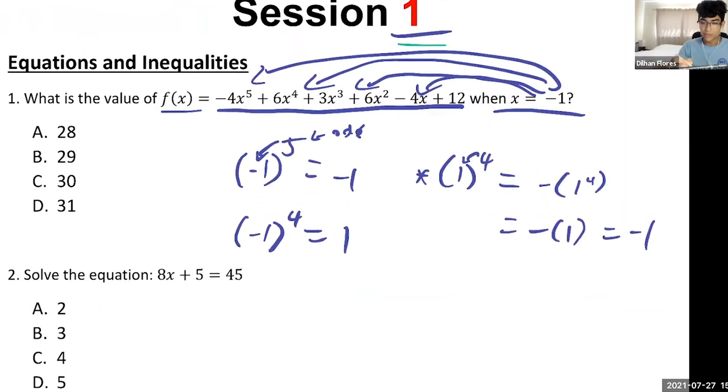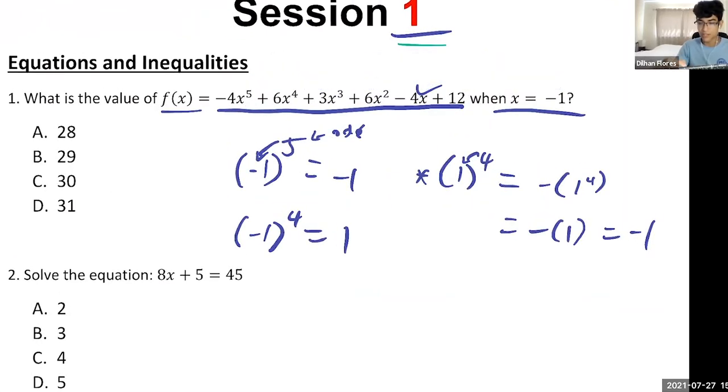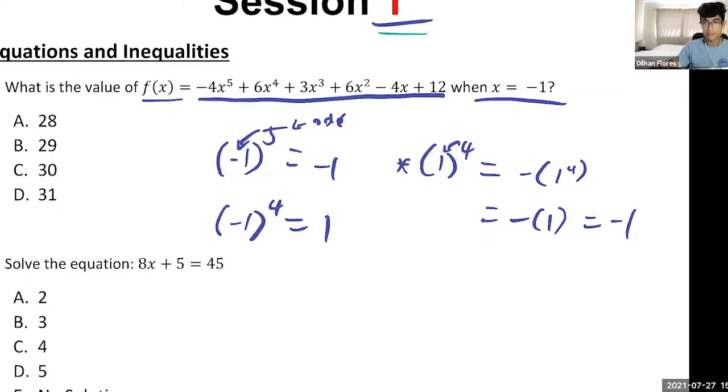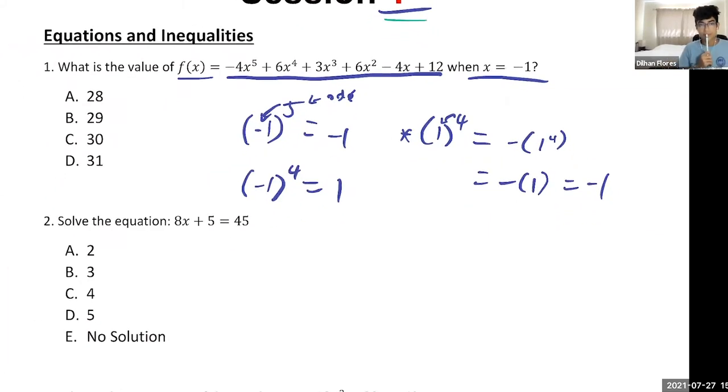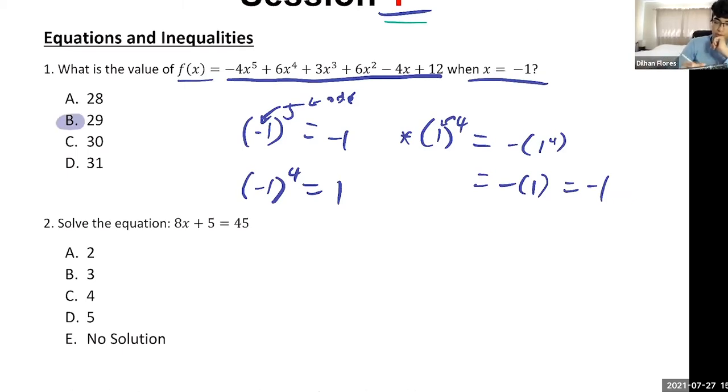Cool. So for this question, just plug in values of x, and that's pretty much it. All right. Can anyone give me the answer? You got your calculators out? Sabrina first out of the gates. Nice. Yep. And choice is B, 29.